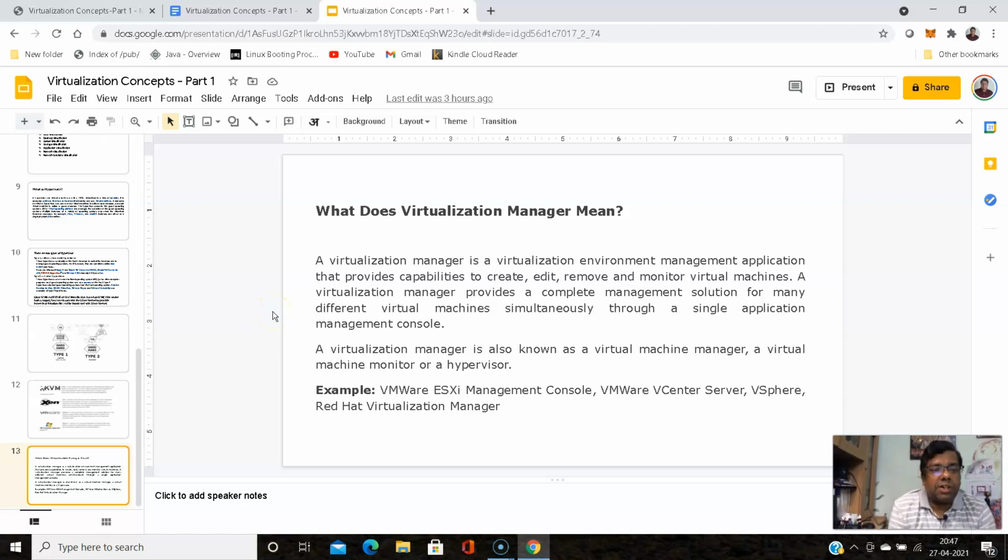So what does this virtualization manager mean? Virtualization manager is an application we need when we have a large number of hypervisors running over our data center, like tens or hundreds of physical machines over which the hypervisor is running. So we need to configure them as part of a cluster,